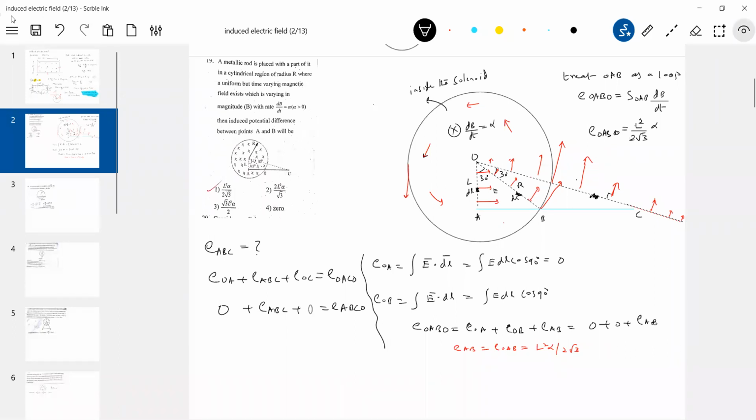But here also, there is no magnetic field here, no? And the magnetic field is present only in this region. It's everywhere, but how do we calculate this area? So I'll call this point P. So the area of the triangle plus the area of the sector. So the effective area will be EOABCO.